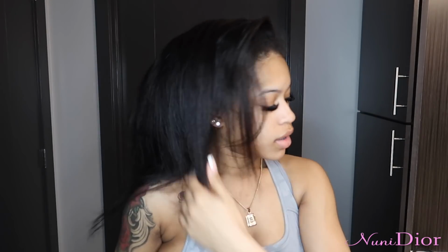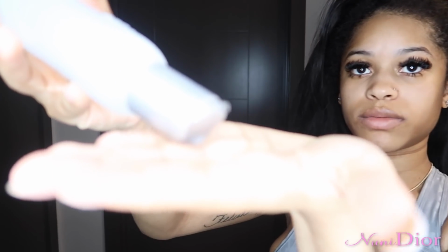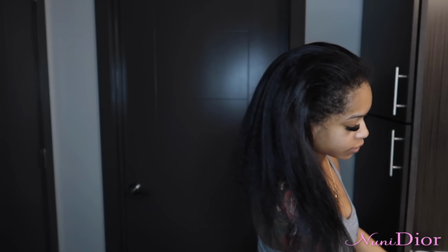So let's go ahead and put the BioSilk in. You see, you're not gonna use a lot, you're only gonna use a little bit. That's enough. But that's how much I have. I'm gonna rub it in, and then I'm gonna go in on my roots. Going on my roots. And it's already some oils in my hair, so I don't have to put it like